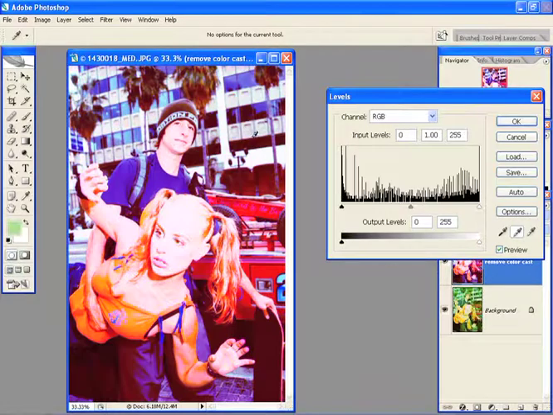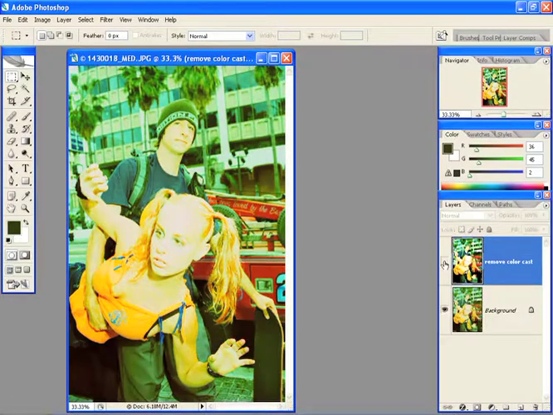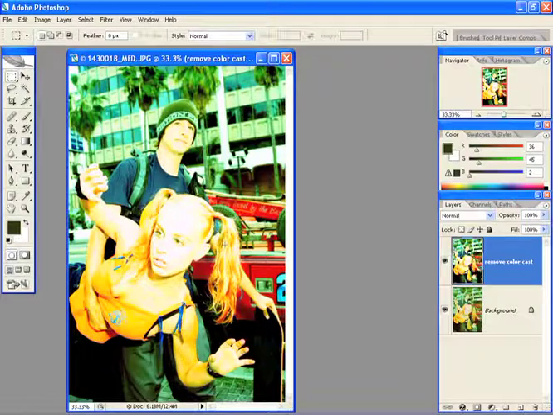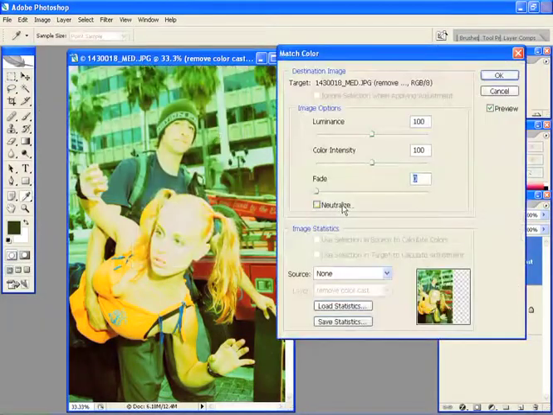We might select that there, and then we want to find something that should be kind of black, at one of our darkest parts of the image there, and this is the effect that it's giving us on that. Let's have a look at our before and after. It's basically removed that sort of greenish tint. Hasn't worked as well for this image as I would have hoped, so let's use the match color option again there,